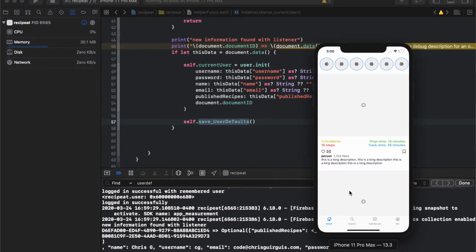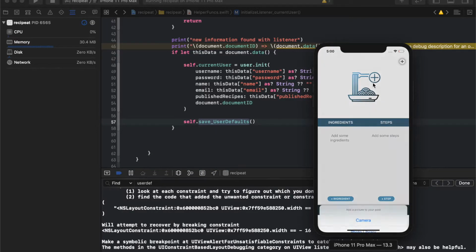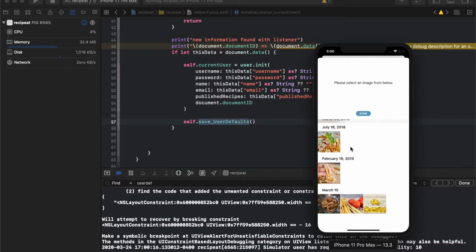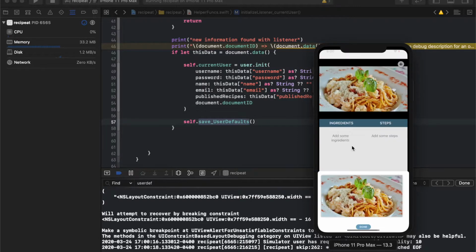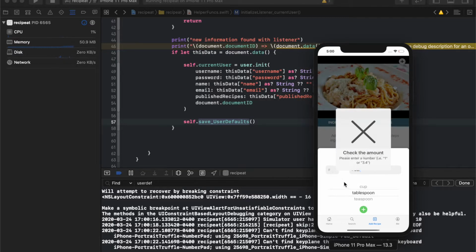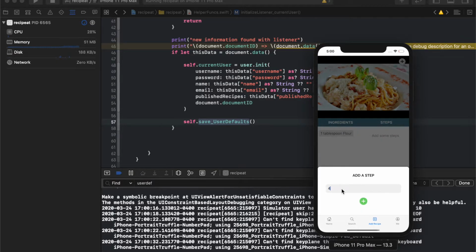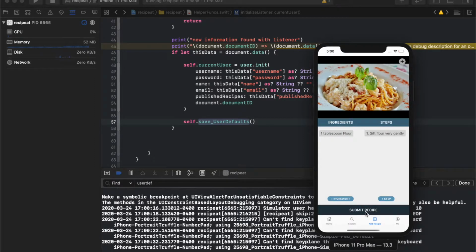And if I save that, what I should find actually is that if I come here now and add a new recipe, this should work. So I should be able to actually pick a new photo, add a new recipe, okay? Maybe this time I'll pick this photo, I'll say done. Add an ingredient, let's say 1 cup of flour. Okay, actually I'll say one tablespoon of flour, okay? As a step, we'll just say sift flour very gently, whatever. We'll click plus. If I hit submit recipe,